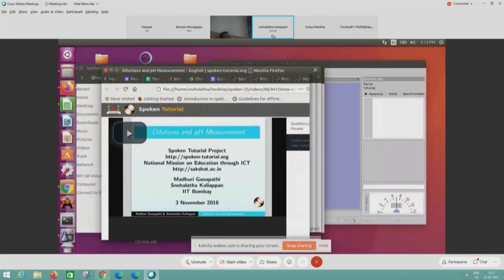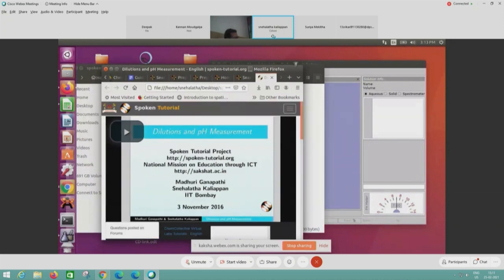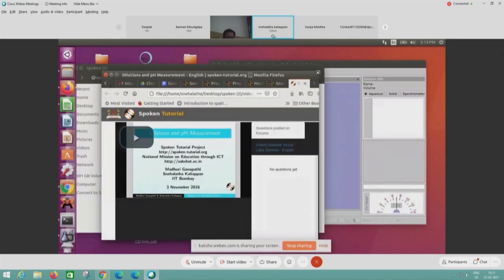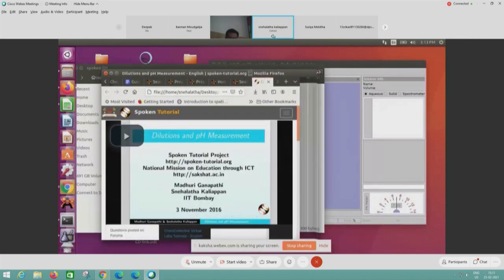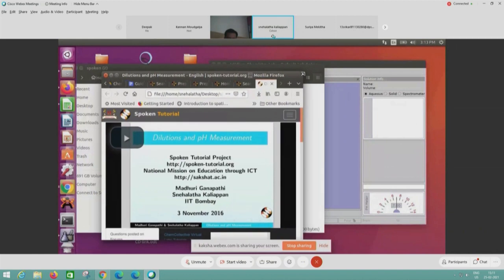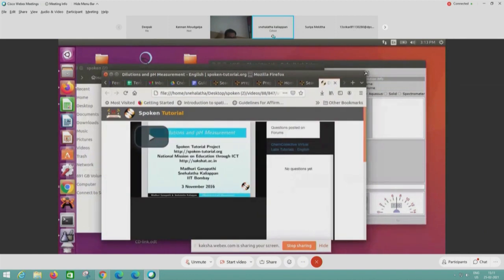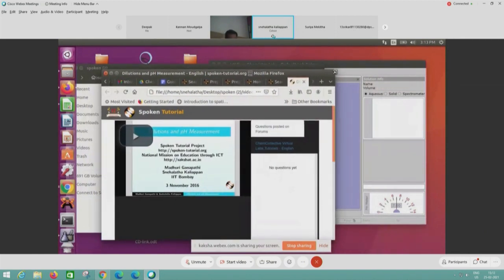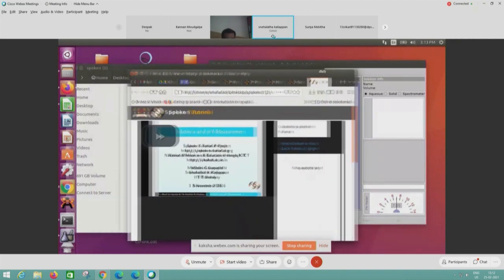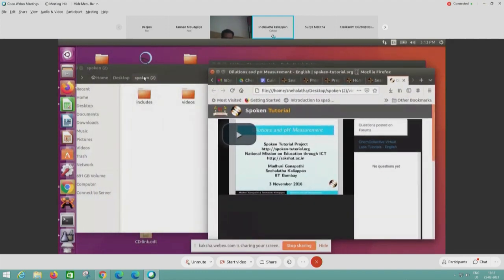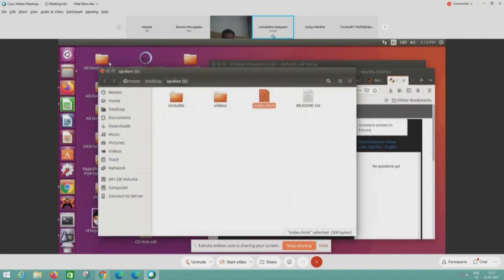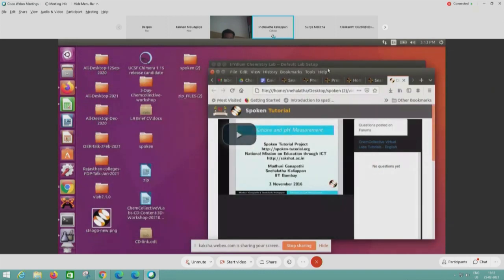I can decrease and increase. So it will give you that L-shaped icon, the tool to drag. Okay. So you can drag that and then minimize or bring it to whatever size you would like, comfortably, where you can watch it.